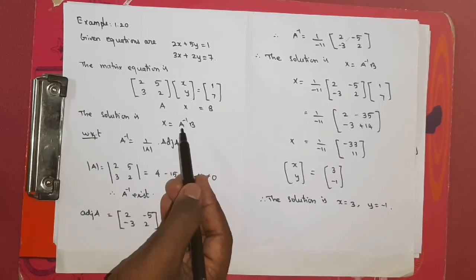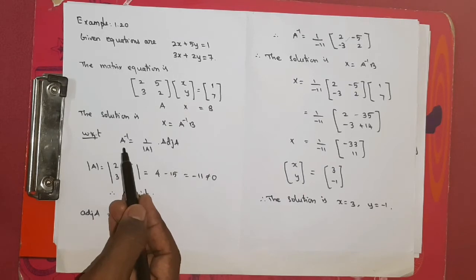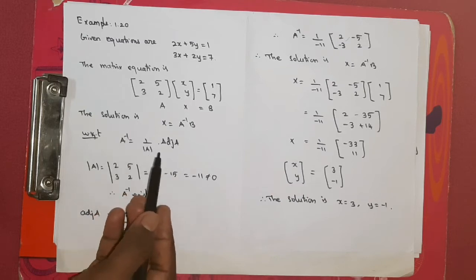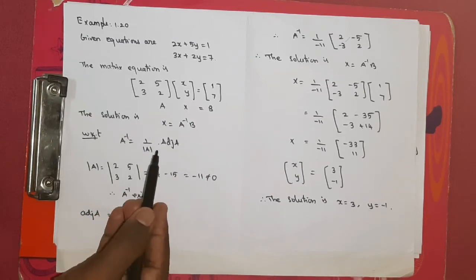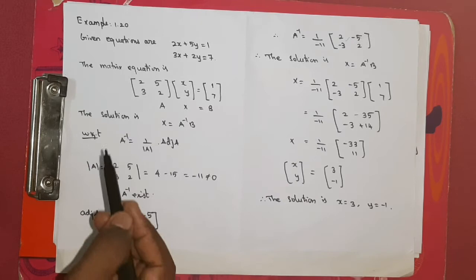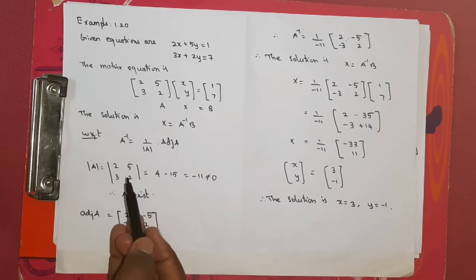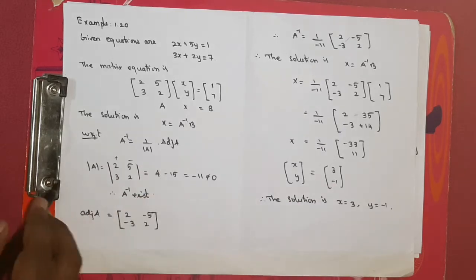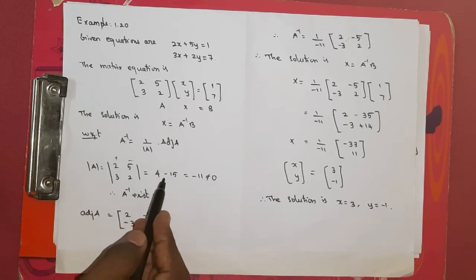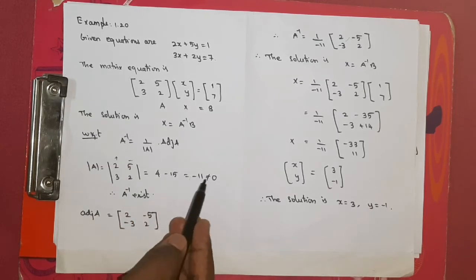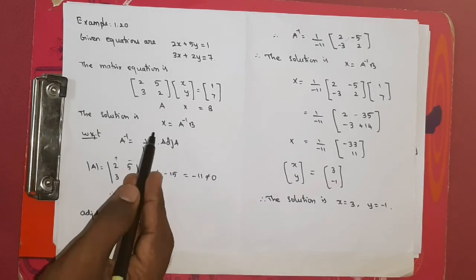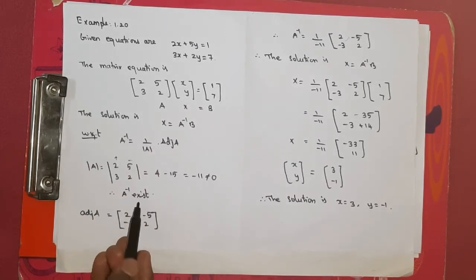So for this we need A inverse. The formula we are going to use: what is the A inverse formula? 1 by determinant of A into adjoint of A. For the determinant value, first we have to make sure the answer is not equal to 0. So I am finding the determinant of A. Take the matrix A, but don't put the matrix symbol, put the determinant symbol, because we are finding its value. While solving, put plus minus over this and solve. 2 into 2 is 4, minus 5 into 3 is minus 15. So 4 minus 15 is minus 11. This is a non-zero number, so it is not equal to 0. When the determinant of A is not equal to 0, we can find A inverse. Therefore we say A inverse exists.